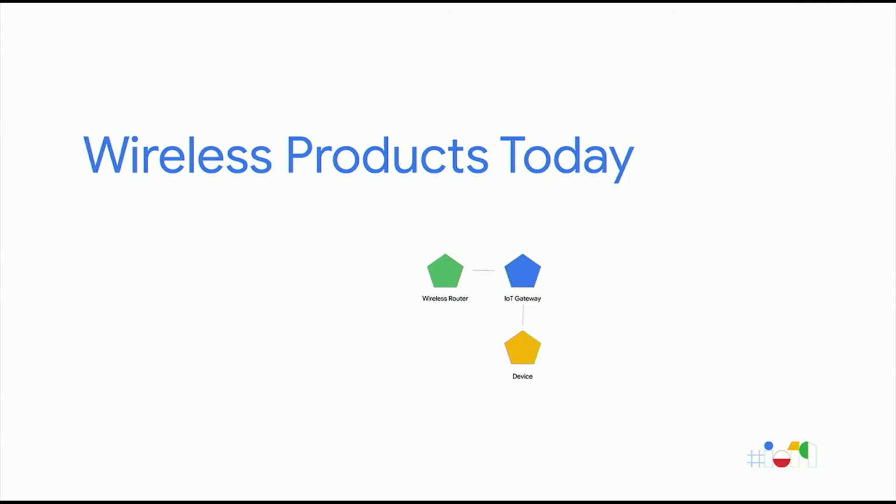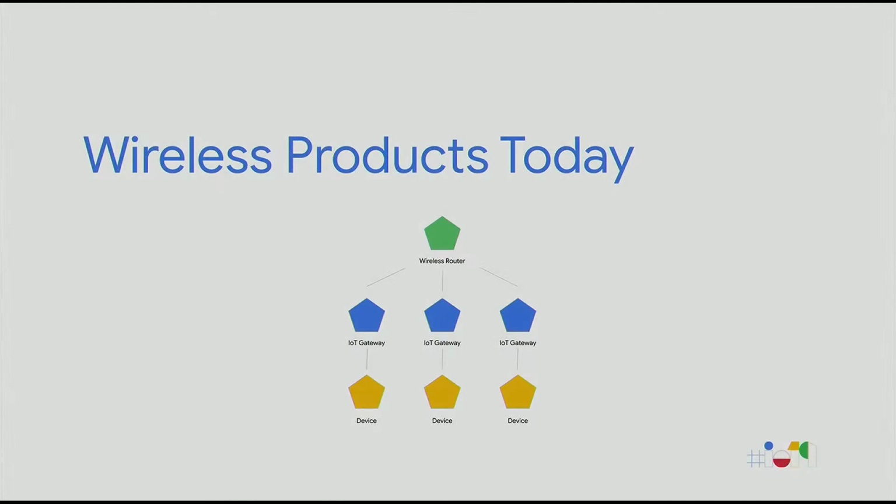So I know what a lot of you might be thinking. Well, there are good solutions out there for this today. We have Bluetooth, we have Zigbee, we have Z-Wave, a number of wireless technologies that will help us build lower bandwidth but lower power consumption, and also scale to large numbers of nodes in small spaces. However, while these do address a number of the issues that we're looking for, they have one critical fallback, and that's that they need lots of these IoT gateways.